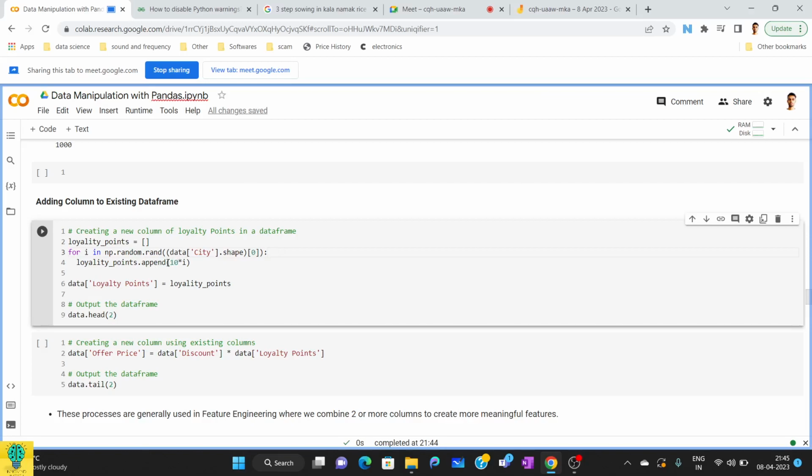And then I'm using the dot append function. What it is doing is whatever 1000 values I'm calculating as a loyalty point, that is going to be added into the list. So name of the list dot append and this function. Now I'm adding a column. The name of the column is loyalty points. So data, and then in brackets I'm writing the name of my column here, and this column is having the values in this list. Okay, now if I run this,